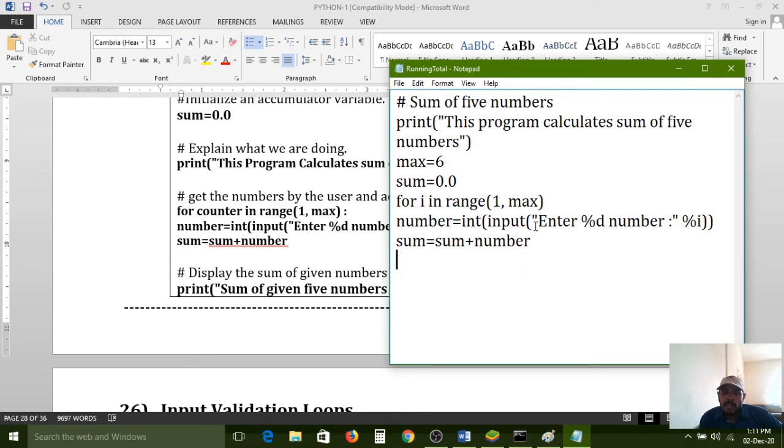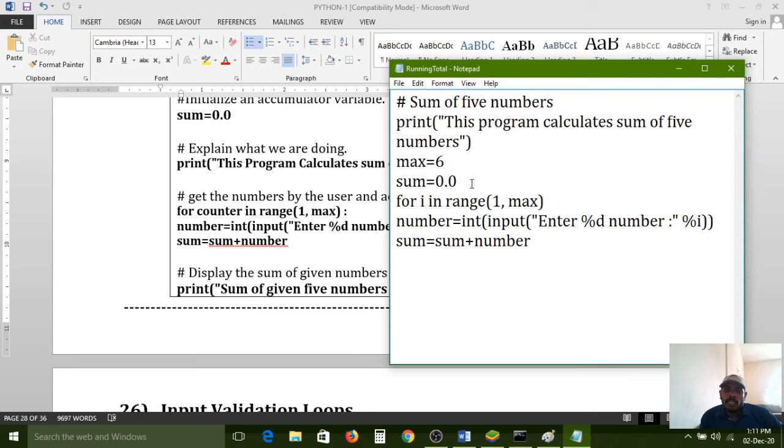For example, if you enter the value 10, that value is first read by the input function and then stored into the number variable. Wherever we have used the number variable, all those places are replaced with the given input. So here the number variable is also replaced with 10. So 0.0 plus 10, the total value is 10. The total value is stored into the sum variable again. That is the logic here.